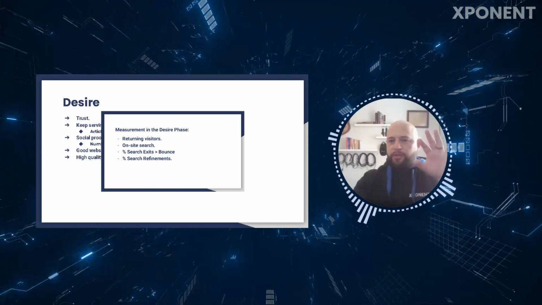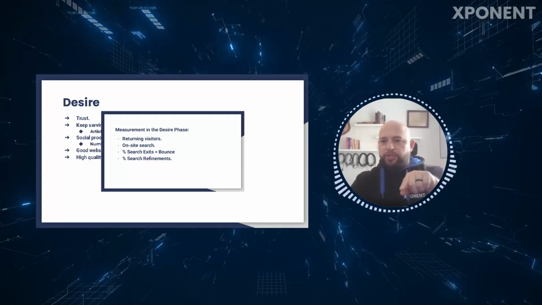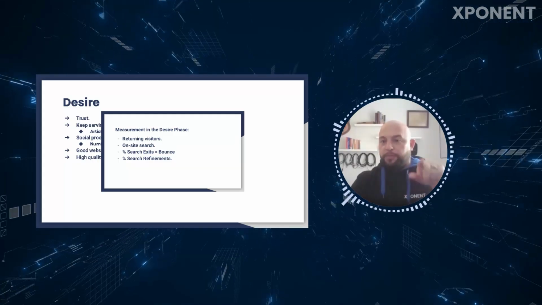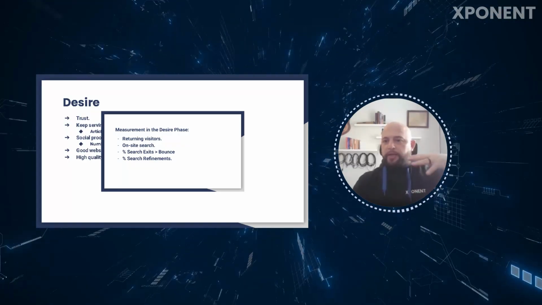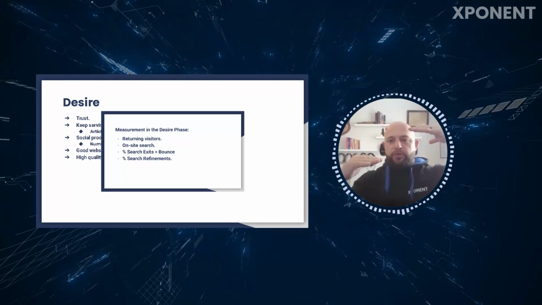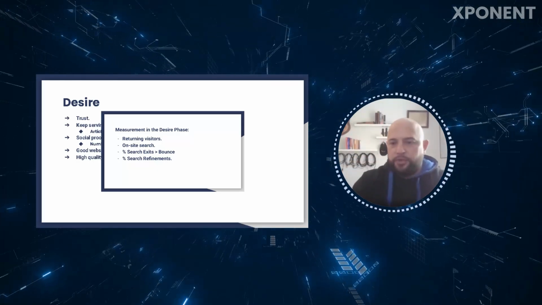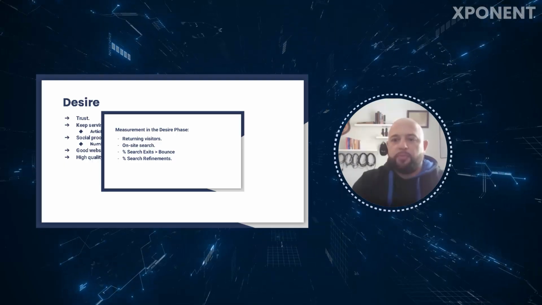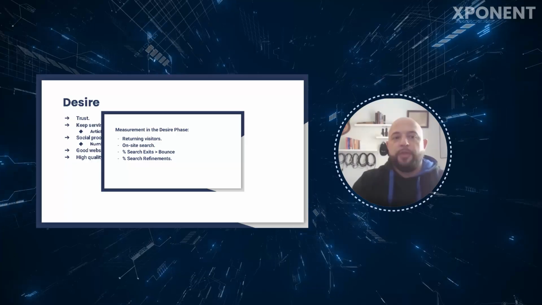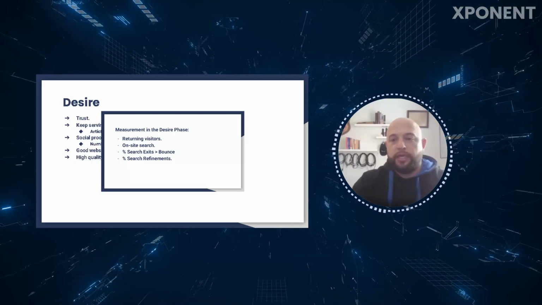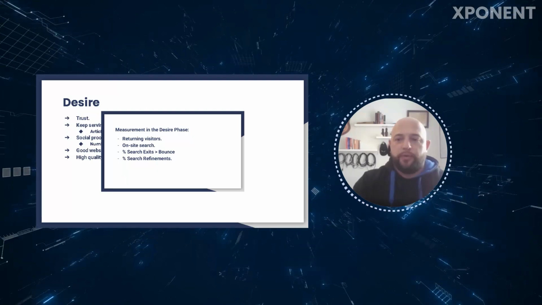So you know that when you're looking at the dashboards, we can see how many sessions were opened on a website, but we can also see how many of those are new users. And if we've got a very high session rate versus new user rate, we know that we're creating desire for the product. On-site search, also pretty important. If someone's going onto the website and they're looking for a specific product over and over, a way to look at that is also to look at the top pages of a website. So what pages are being looked at over and over?